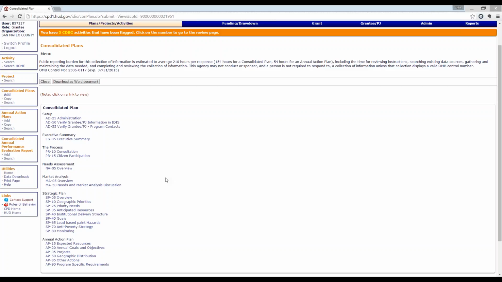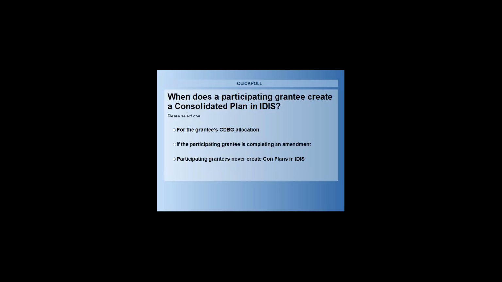Let's just take a quick pause for a knowledge check here. TJ, if you could pull up poll question number 3. When does a participating grantee create a comp plan in IDIS? We'll give everyone just a minute to answer that question.